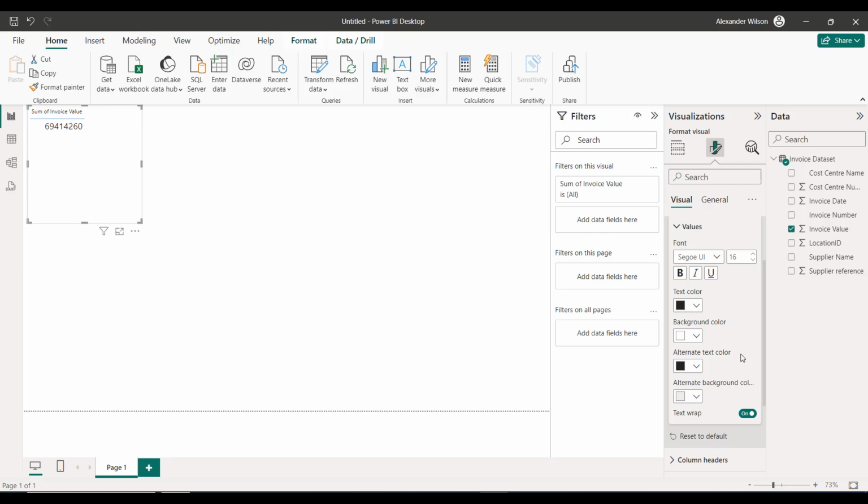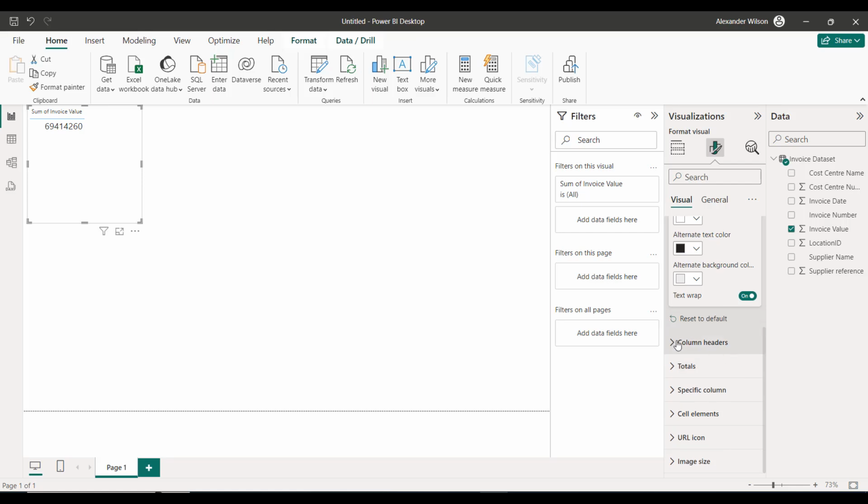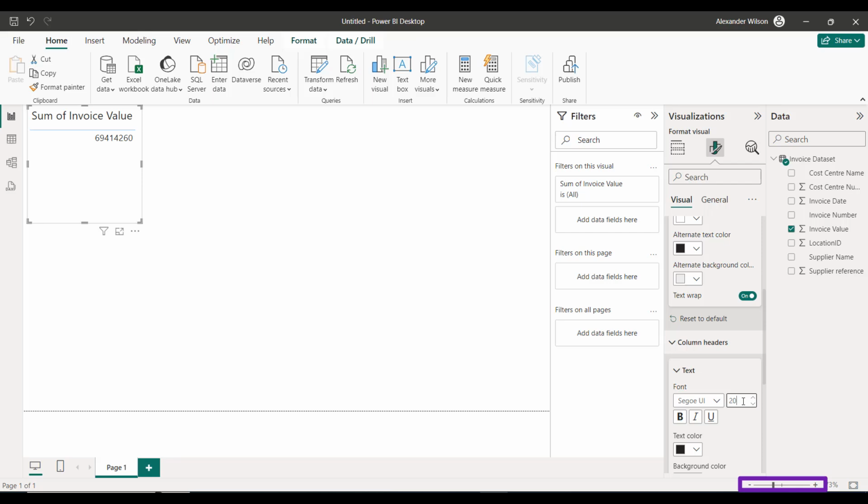Okay, now the column title looks a bit silly, so let's increase the font size of that too. Now I need to find the column header section. And then I can increase the font size here as well. I'd also like to add that if you're sharing a screen over Teams and you're not trying to teach students about formatting, they can also use the zoom function in the bottom right-hand corner to enlarge visuals.